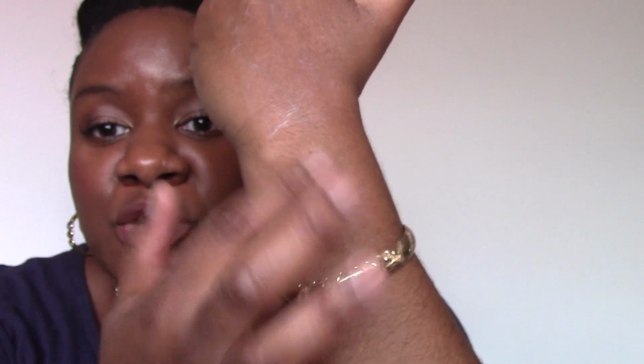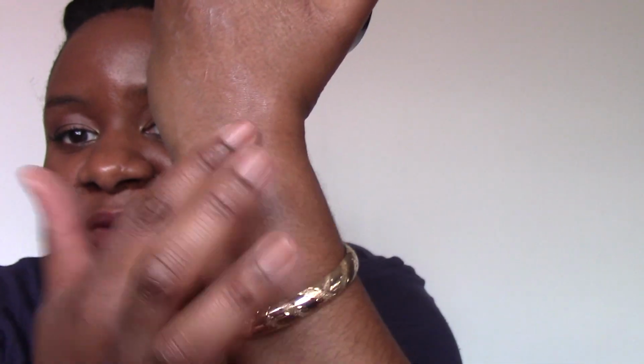It's a thicker cream. I washed my hair last night and I did use it on the left side of my hair. Look at that, right? So it kind of looks like, ooh, is it just going to sit on top? However, especially if you're a low porosity person, you may feel like this is the thing that's just going to sit on top of my hair. Well, I twisted up and went to bed, and I've used this several times. I told you already, I've gone through 2 full jars of this. So it looks like it would be that type of product, like it's just going to be heavy and sit on your hair. But no, it actually dissolves in, and my hair